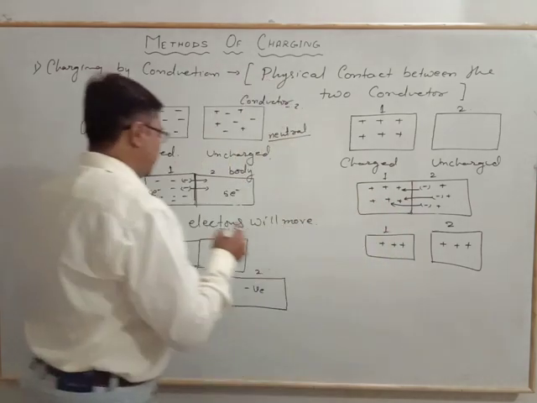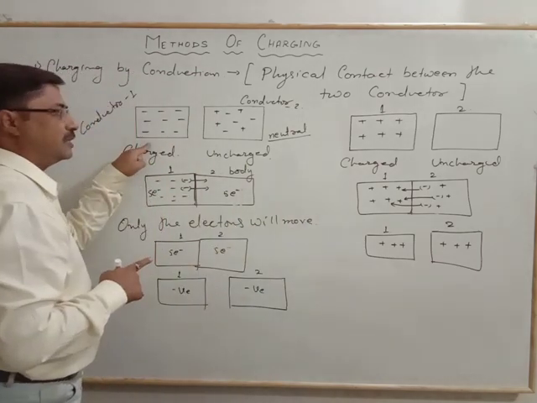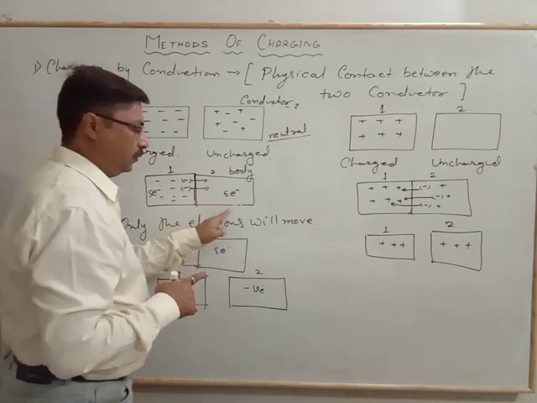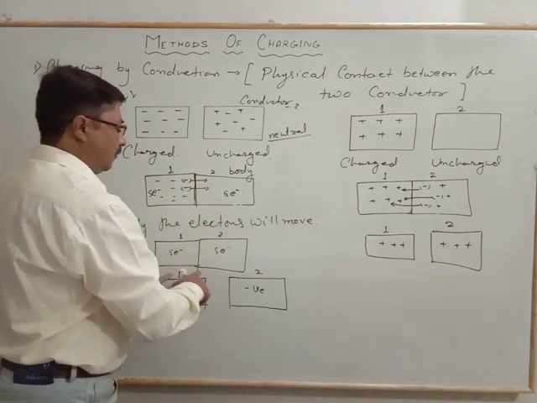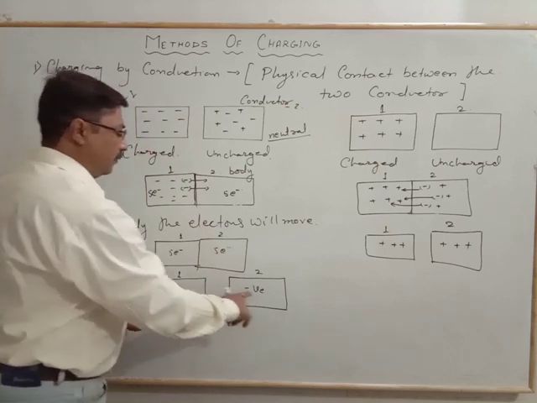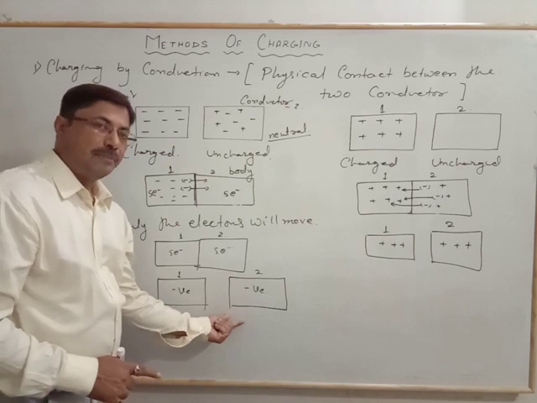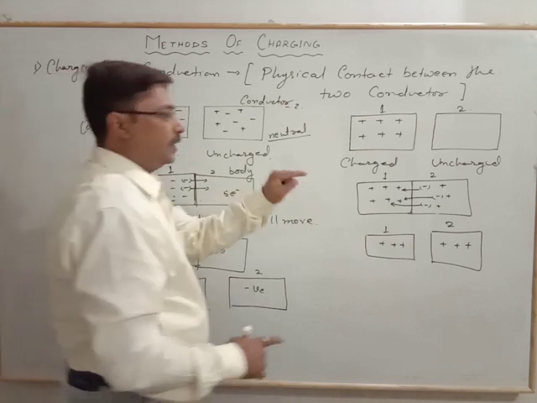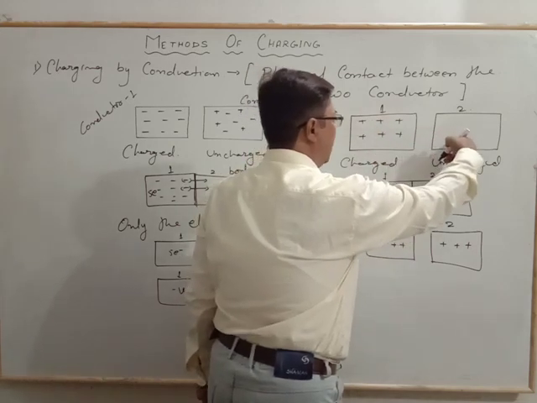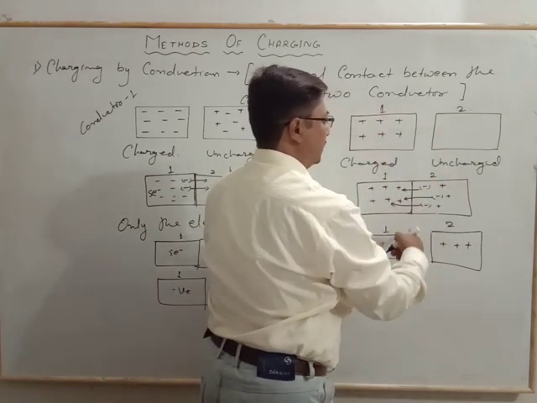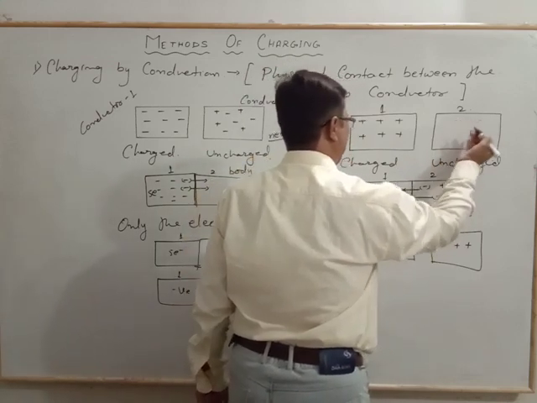So there is a difference here. If we consider the negatively charged body, then electrons will move to the uncharged body. Whenever we get the separation, we find a similar charge developed in the second one. And if we consider the positive conductor, and an uncharged body makes contact with this one, again there is neutralization of the positive and negative.